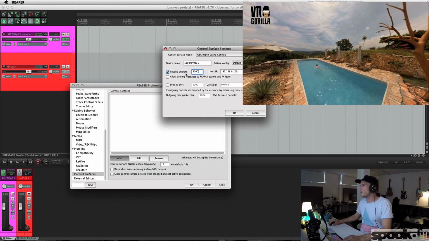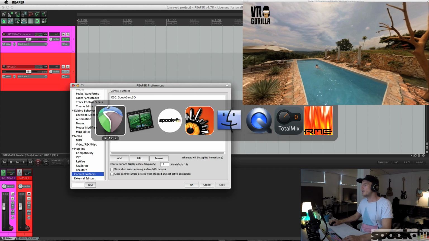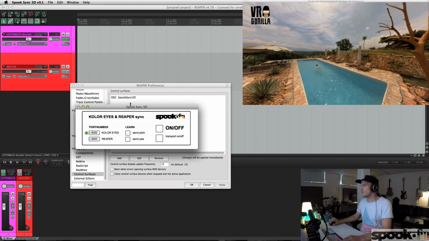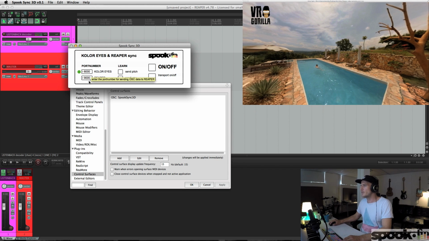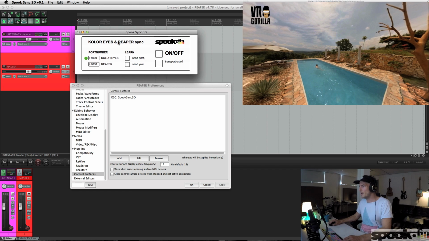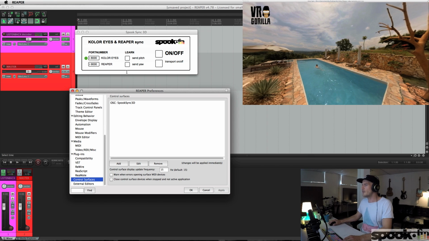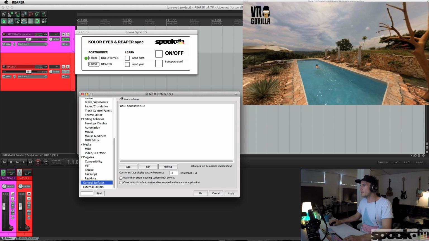And receive on port 9000, and you have to check the box allow binding messages to Reaper actions and effects learn. Press OK. Receive on port 9000 because here the SpookSync is set to send out on port 9000. Then here there's a learn section in the SpookSync. We're gonna have to send individual data first so that we can teach Reaper which data is meant for which